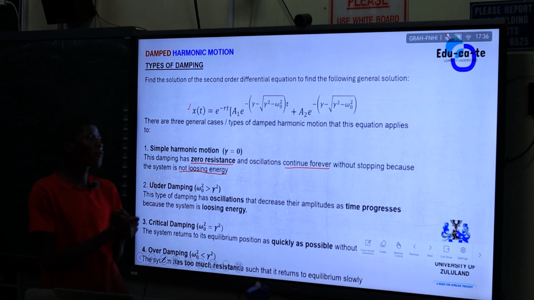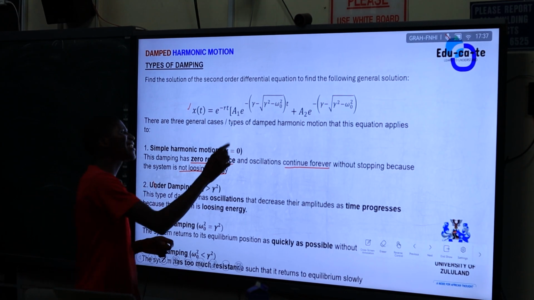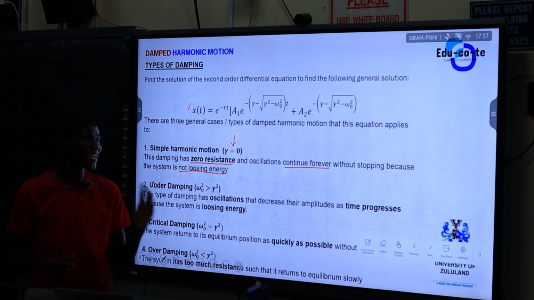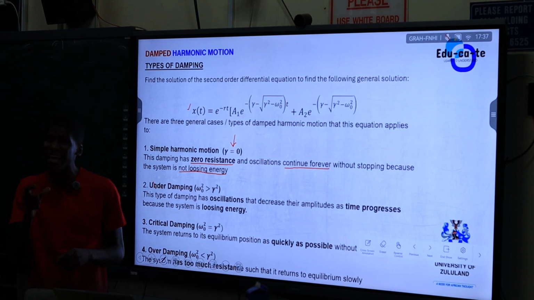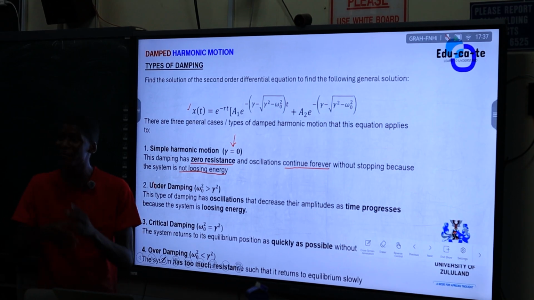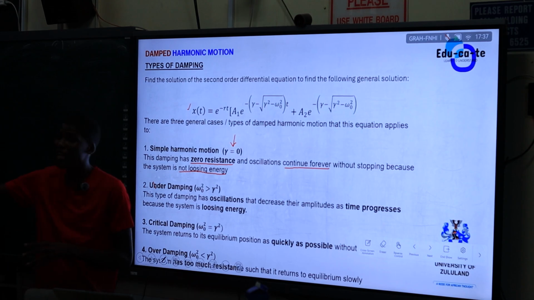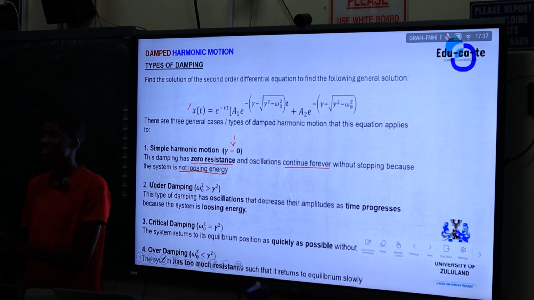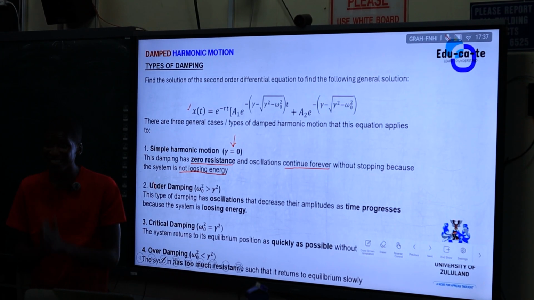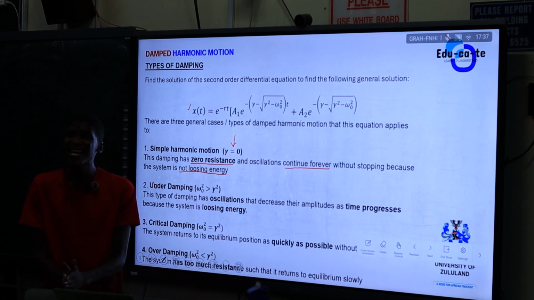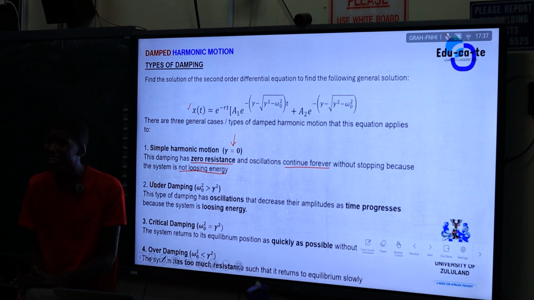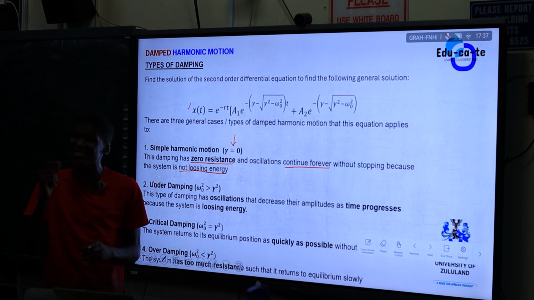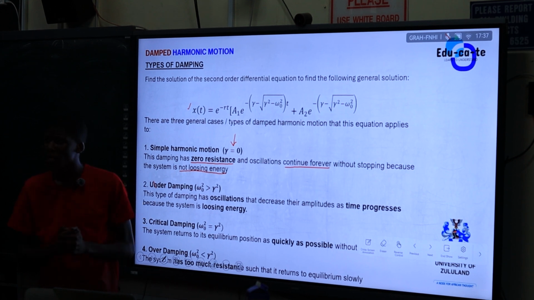So what I'm going to do, I'm going to say that for simple harmonic motion, the damping coefficient gamma is going to be equal to 0. Remember the damping coefficient, what was it describing? It was describing resistance that the system is experiencing from the natural environment. In simple harmonic motion, we don't have any resistance. So since it's simple harmonic motion, there is no resistance from the external system and the energy is conserved. It means that the damping coefficient, described by resistance, is going to be 0.